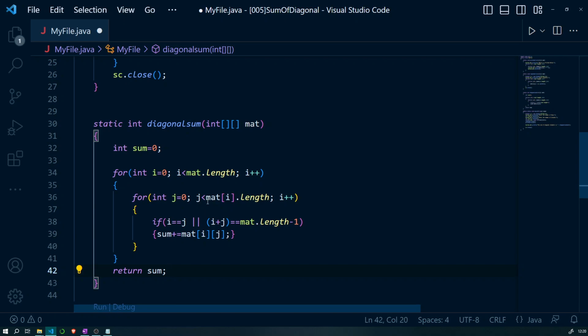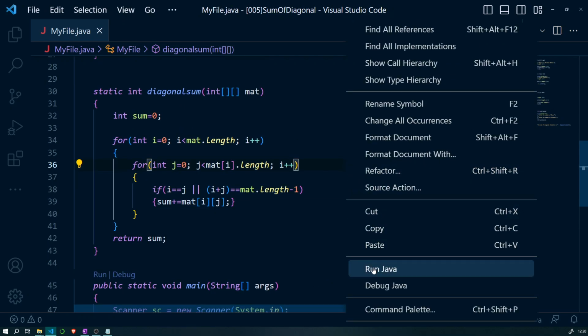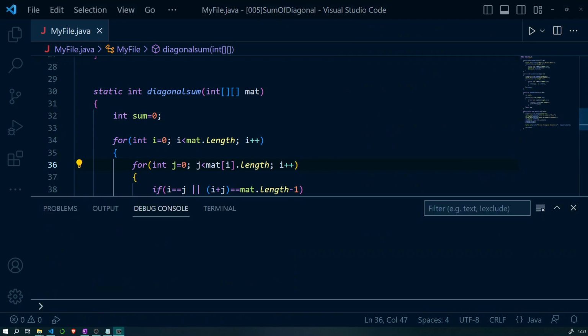Perfect. Let's just try to run and test this code. Okay, so I think the code is running perfectly, so 3 rows, 3 columns. The elements are 0 1 2 3 0 4 5 6 0.